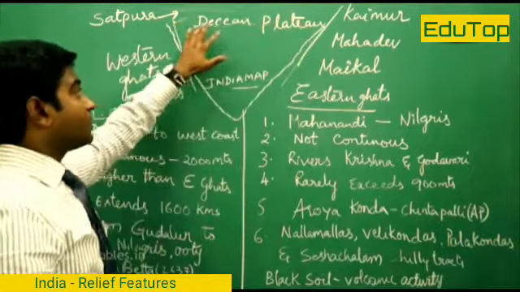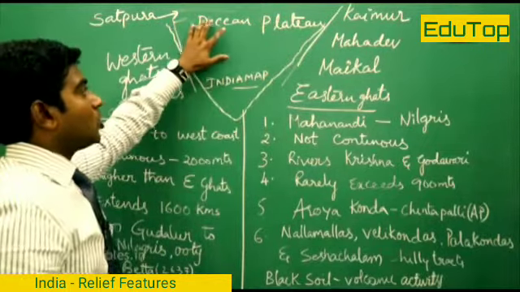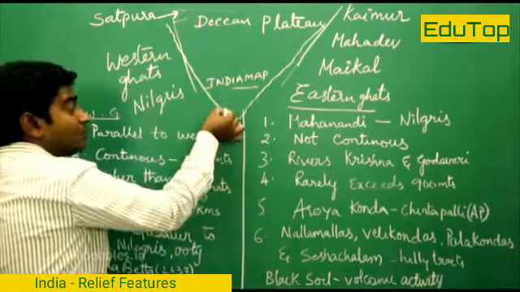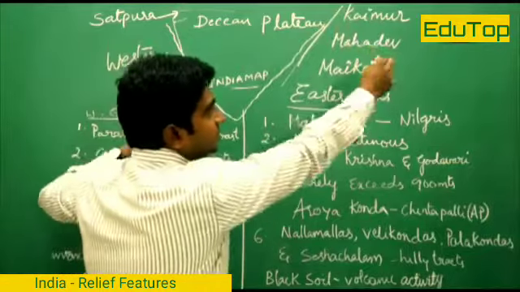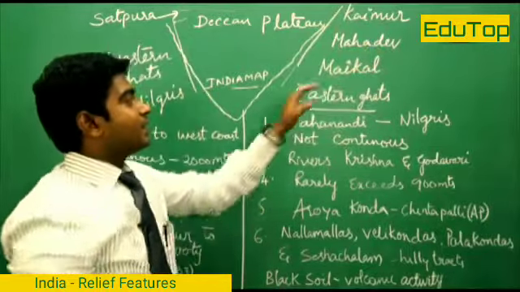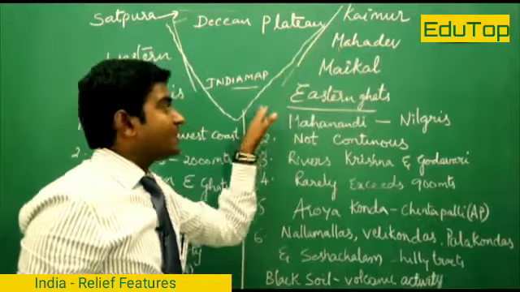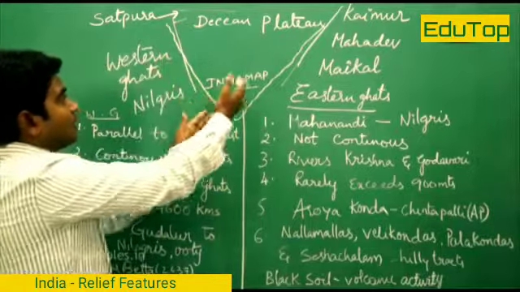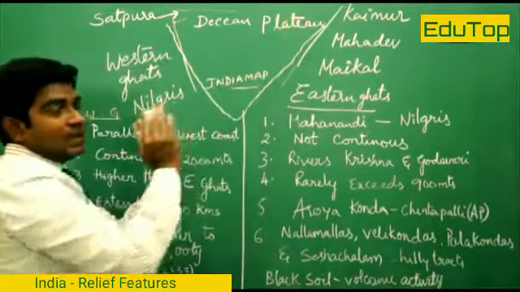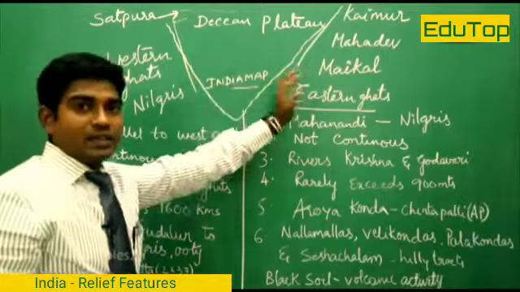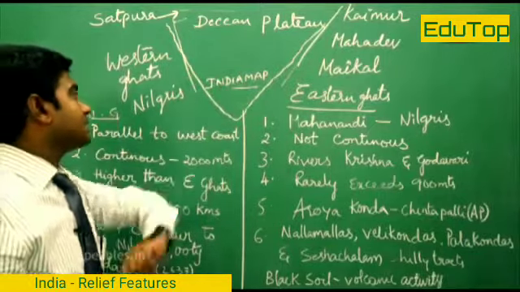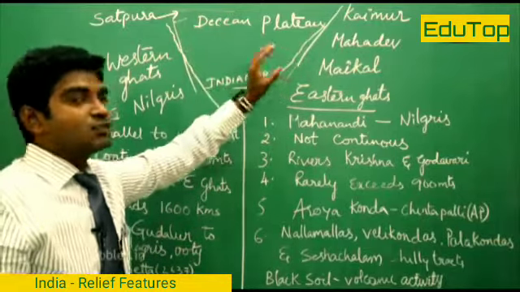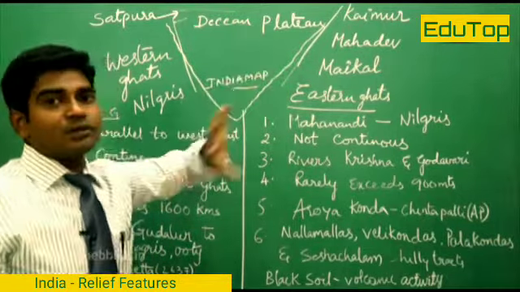The boundaries of the Deccan Plateau are the Satpura on the north, and on this side the Western Ghats extending along the entire western coast, ending with the Nilgiris. Towards the east we have the Kaimur range, the Mahadev Hills, the Maikal Hills, and in the middle the Eastern Ghats ending with the Nilgiris. Now we are discussing the two parts, the Western Ghats and the Eastern Ghats. Let us analyze the differences between them, because they are the key features of the Deccan Plateau. If you study them, you get a clear picture of the entire Deccan Plateau region.